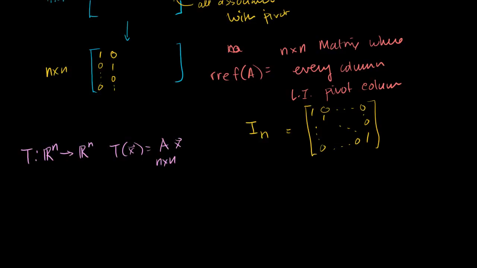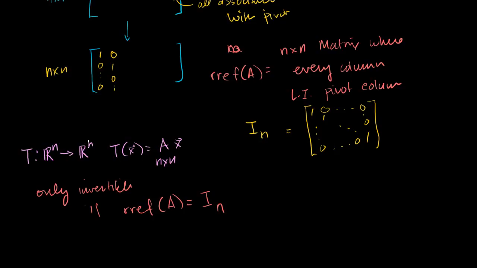And it's only going to be invertible if the reduced row echelon form